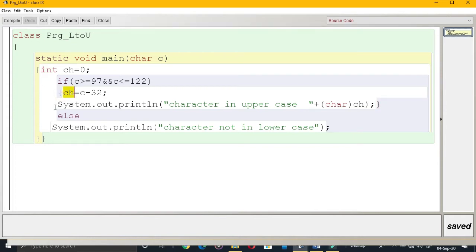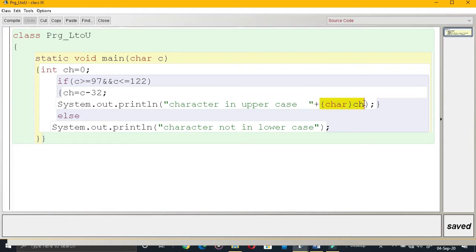Now I am going to print System.out.println character in uppercase. If I print ch simply over here, then what will be printed? 65 will be printed. But I need capital letter A. So I am printing the character value of ch. ch is 65, and its character value is what? Capital letter A. So this is a conversion.